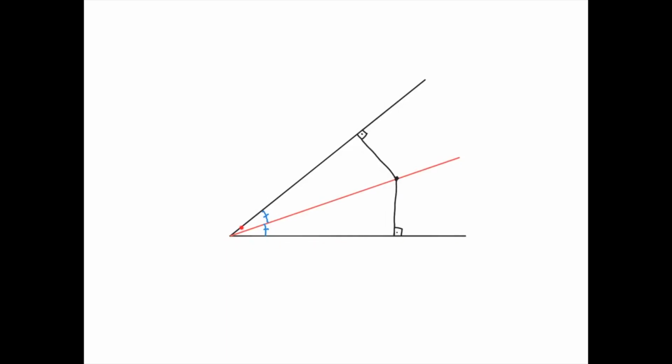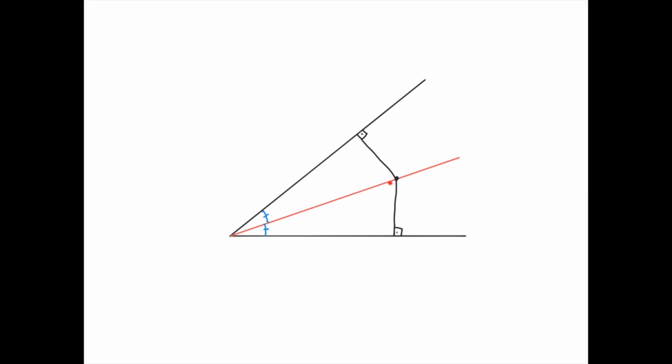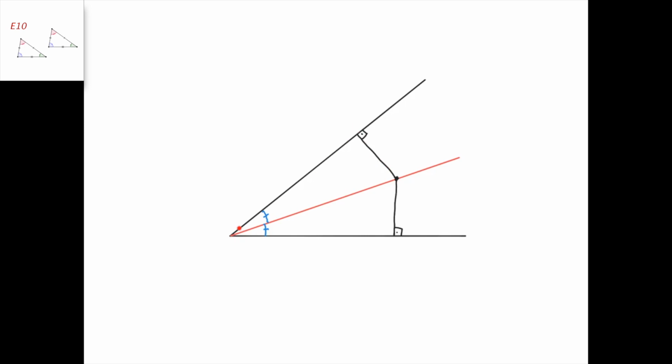Suppose you have an angle, and you take the angle bisector, and you choose a random point on the angle bisector, and you draw perpendiculars from this random point to here and to here. Now you can immediately tell me that this triangle is congruent to this triangle because they have the same angles and they share a side, or you could tell me that the whole construction is symmetric with respect to this